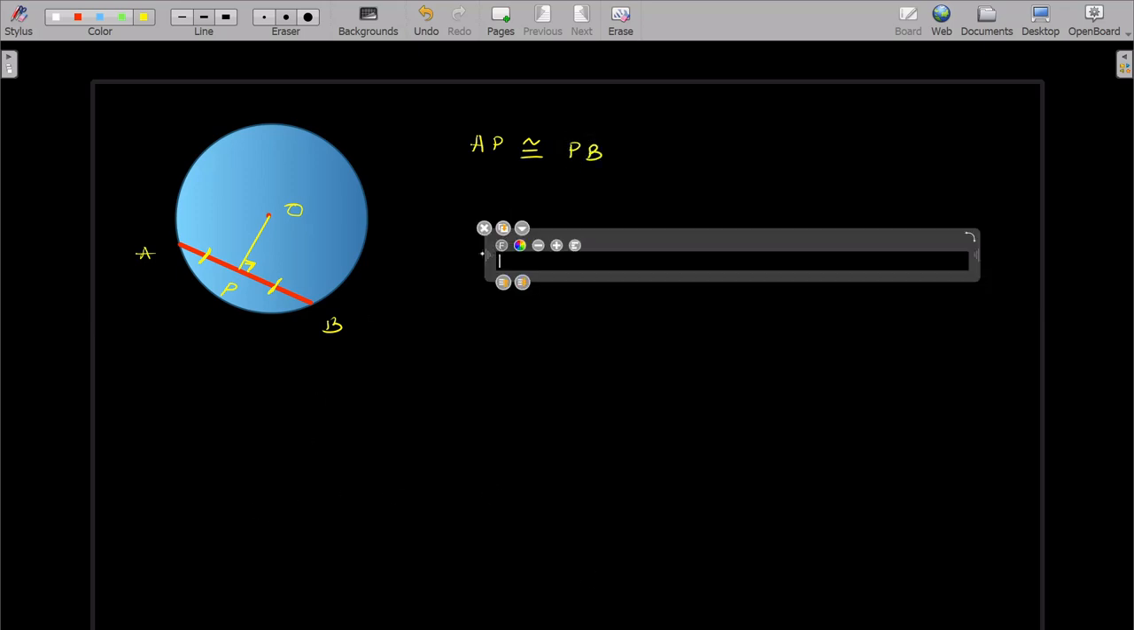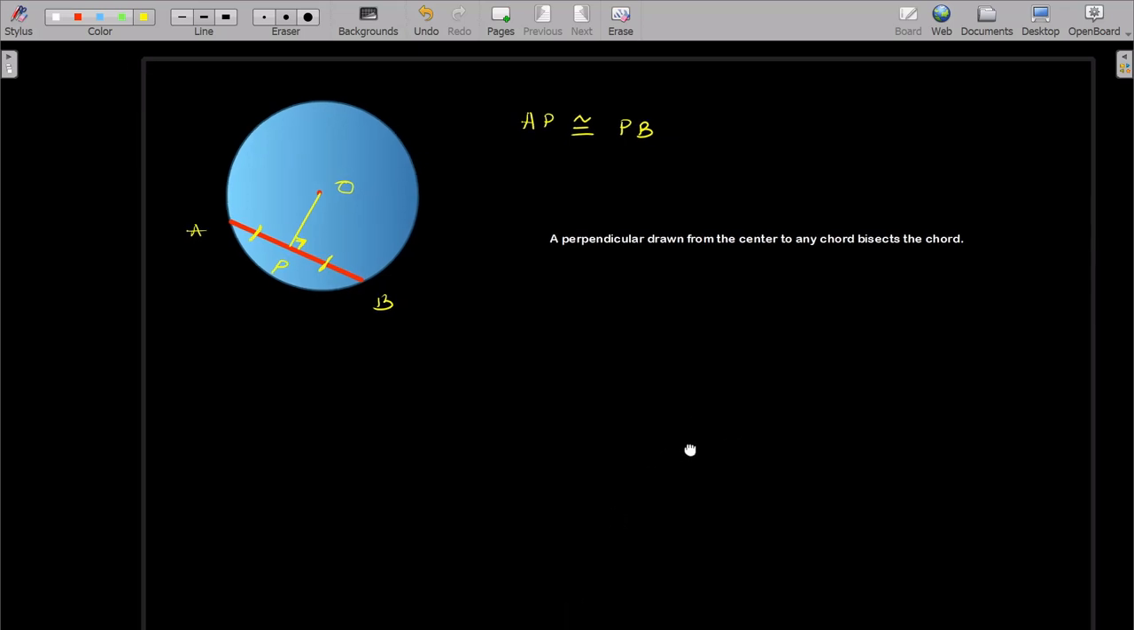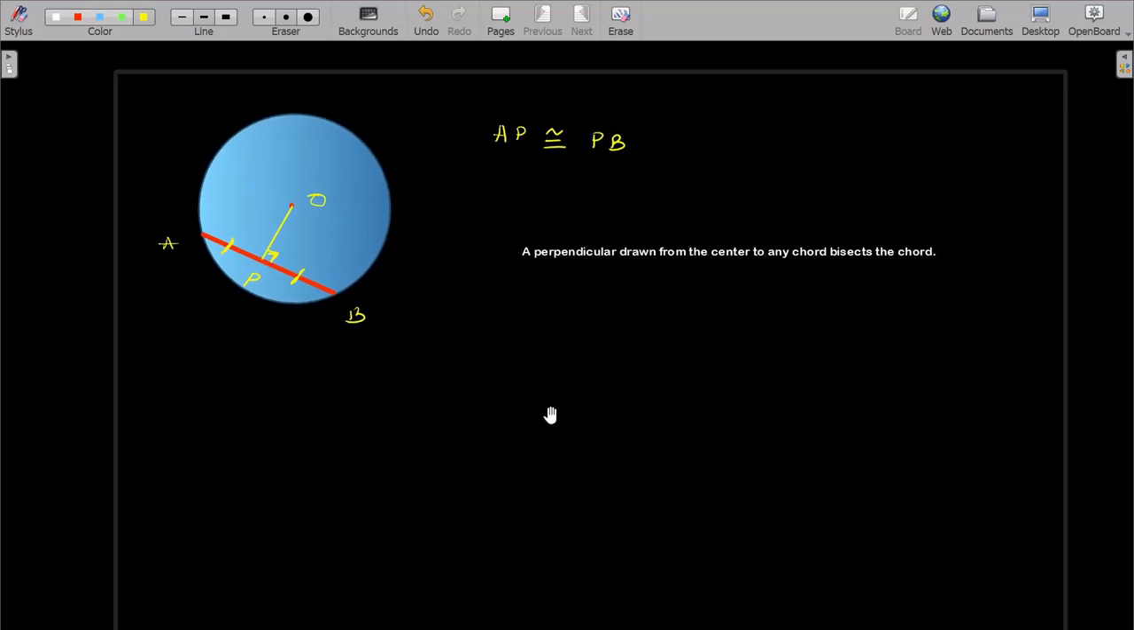Okay, so a perpendicular drawn from the center to any chord bisects the chord. Okay, that was the last theorem which was left. So we have covered all the theorems, and there is one concept left for circles, which is based on number